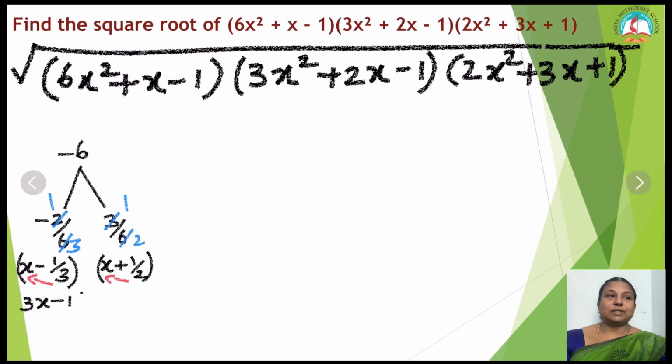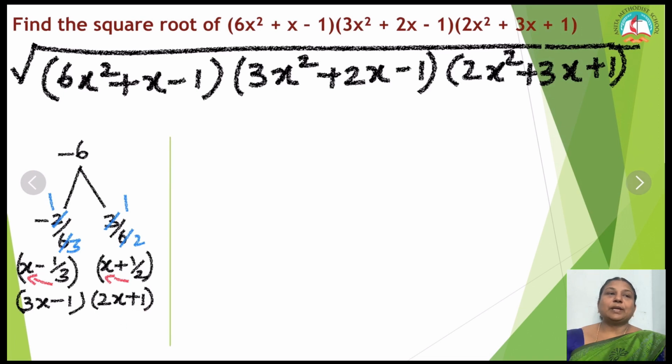And now after finding it, you have to divide with the coefficient of x squared, that is your 6. It will go in the 3 table. So 1 times 3, 2 table, and here 3 table. Now I will get x minus 1 by 3, x plus 1 by 2. Now I can cross multiply. Okay children. So I will get 3x minus 1 into 2x plus 1.